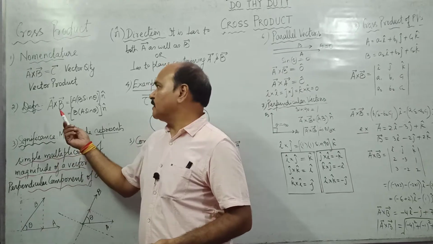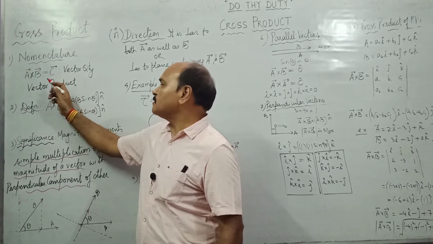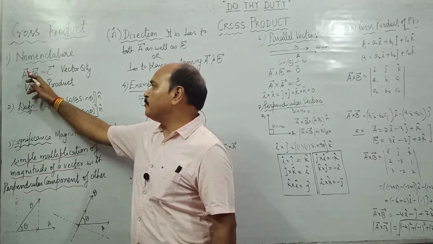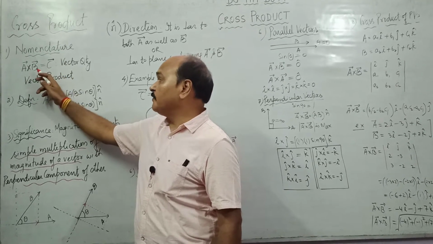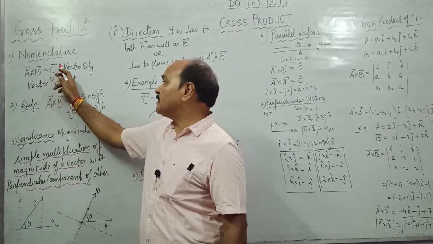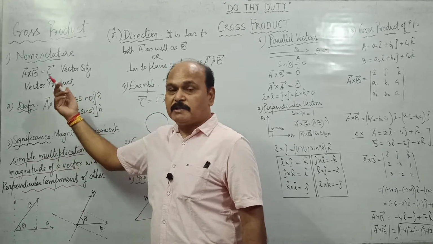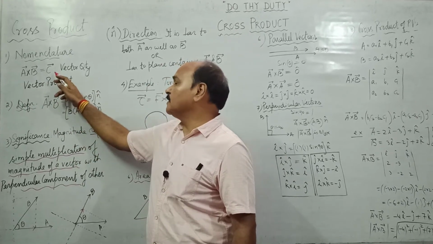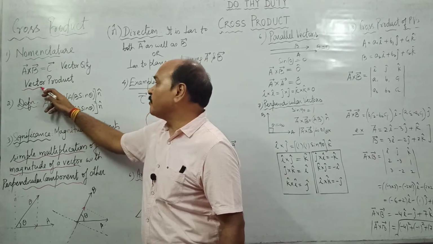Cross product of two vectors is called so simply because it is represented by putting a cross in between the two vectors. And when we cross product A and B, we get vector C. The quantity we obtain by cross product of two vectors is a vector quantity. Therefore, it is also called the vector product.